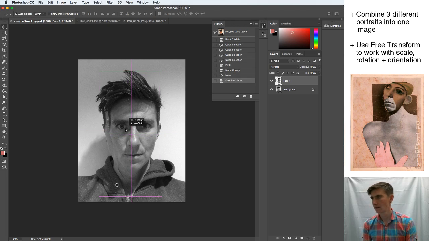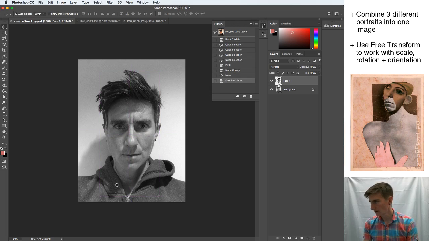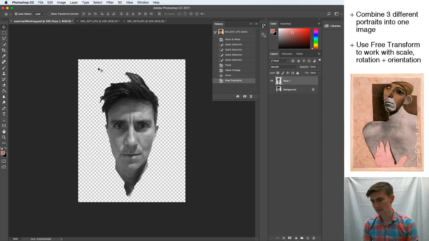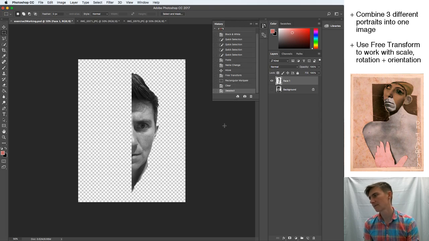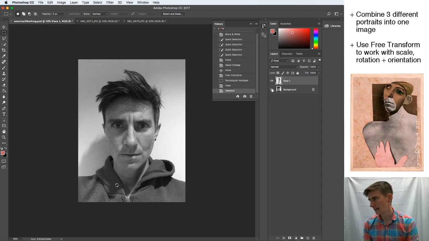All right. And then I'm going to isolate that just so I can have a better view of this layer that I'm in. And I'm going to cut this in half. So I've made a selection around half of my face, and then I'm going to hit delete to delete just that part. And then I'm going to unhide the background layer. So now I have this